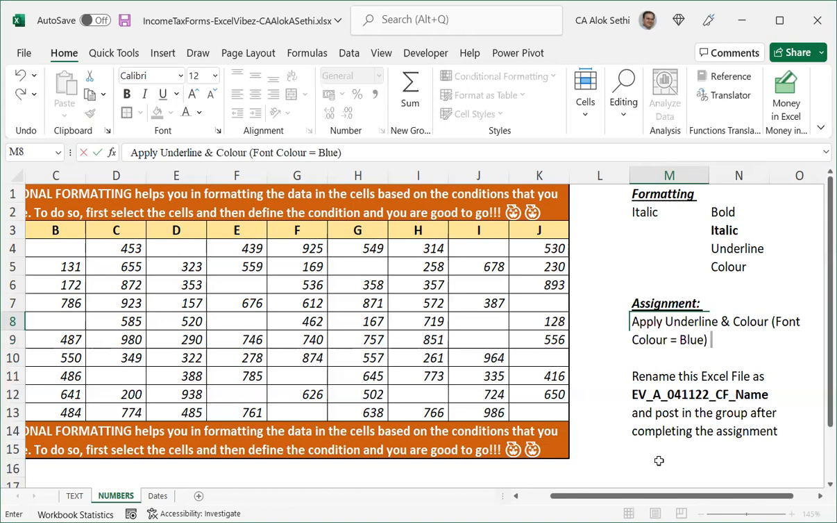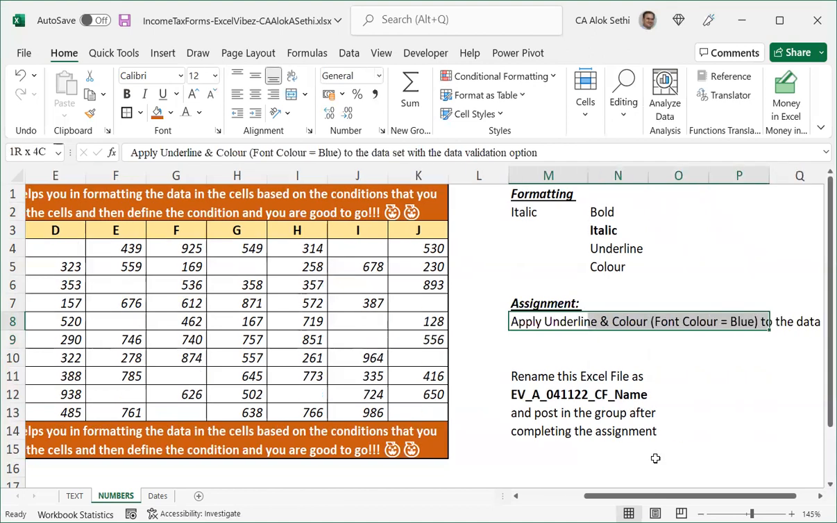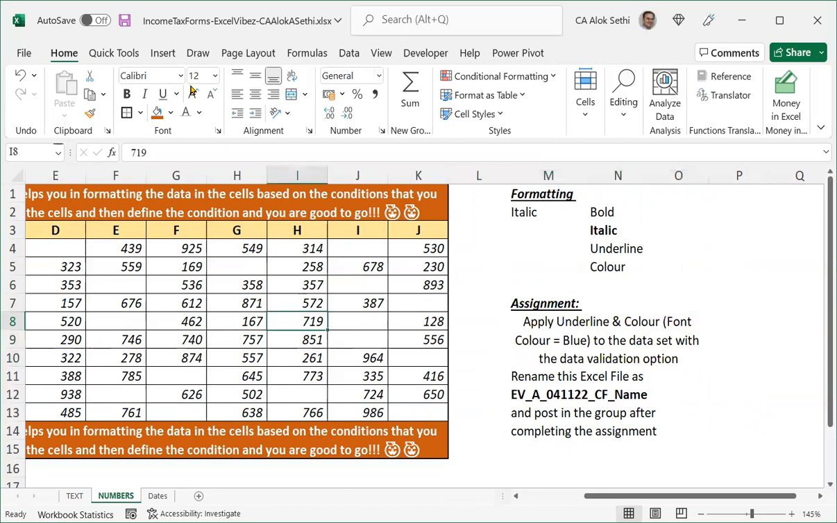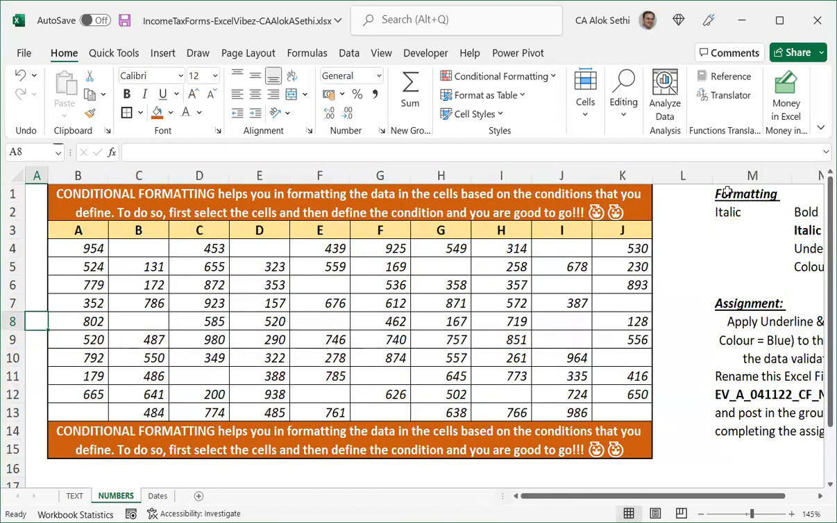To the data set, along with the data validation option in the table. So this is the assignment and I'm going to merge this cell, Alt H M C, Alt H W. Yes, and I will just